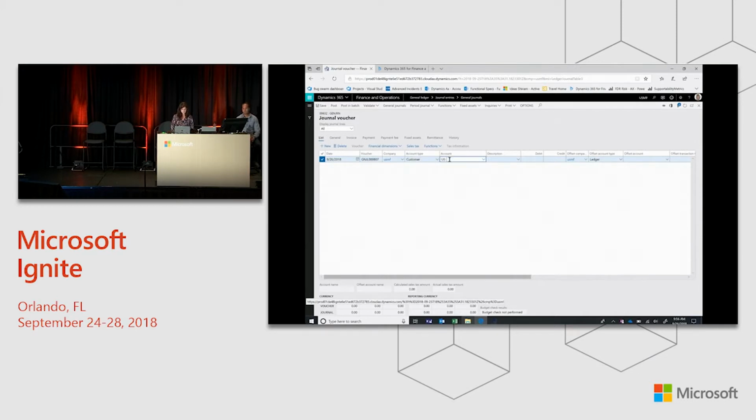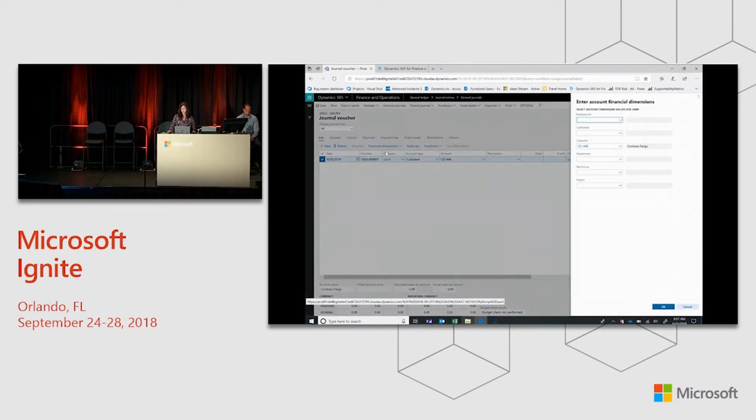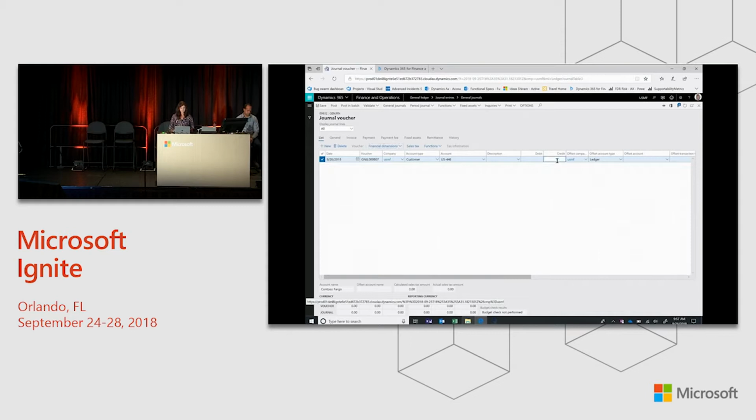I think I called it 446. Okay. So now I've added this customer account. When I go to financial dimensions, because that setup is happening automatically, my defaulting is happening automatically. So again, reducing the number of steps and errors that could potentially happen with our users. Now as I go ahead and I finish this entry, whatever I decide to enter here,